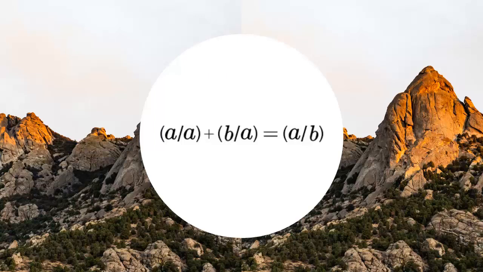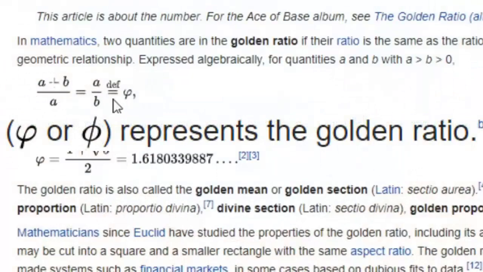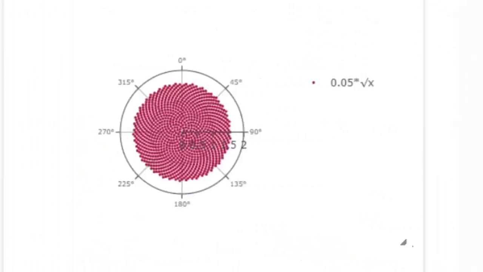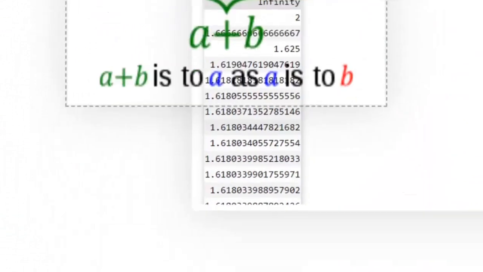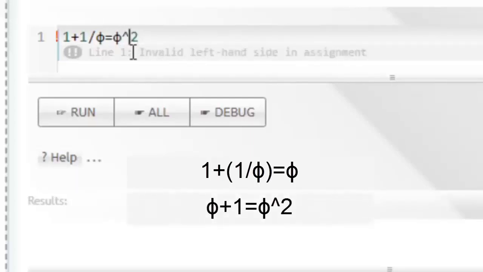And if we call a by b as the letter phi, that essentially means phi is equal to 1 plus 1 by phi. So let's try to do the real math on this. You could call it 1 plus 1 divided by phi equal to phi, right? And if that's the case, you could multiply both sides with phi, so this is going to be phi to the power of 2, phi square, is equal to phi